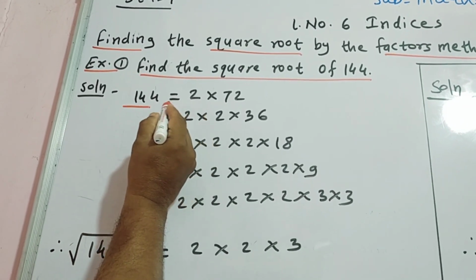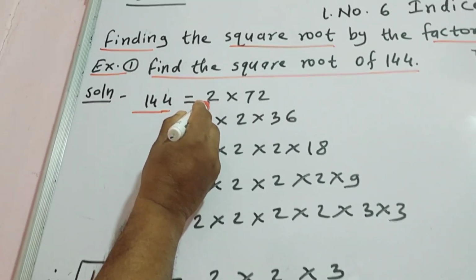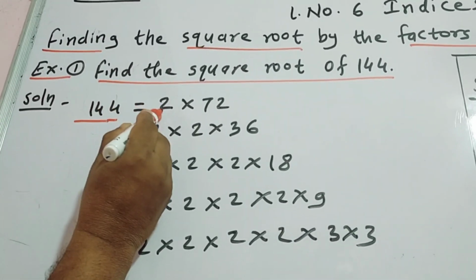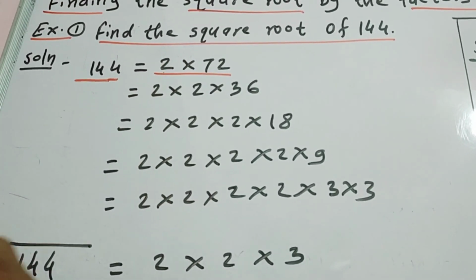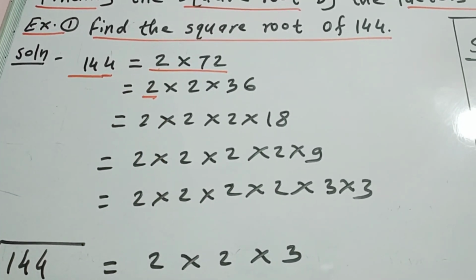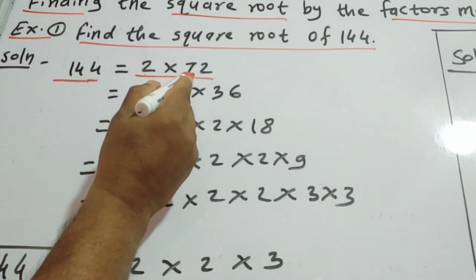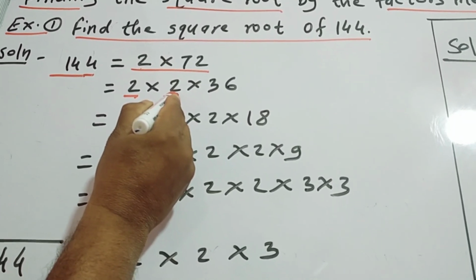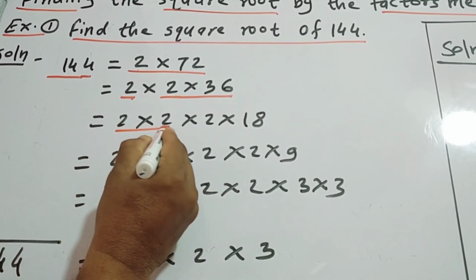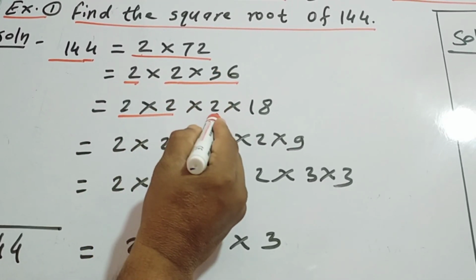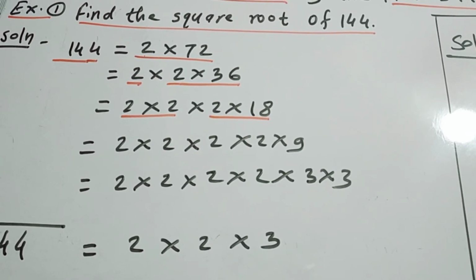144 is equal to, we know here last digit is 4, it is even, that's why its first factor is 2. We can divide 144 by 2, so 144 is equal to 2 into 72. Now first factor is fixed, 2. Now 72 is even number, its last digit is 2, so we can divide 72 by 2, so another factor is 2. 2 36s are 72. Now first two factors are fixed. Then 36, its factors are 2 into 18, 2 18s or 18 2s are 36.